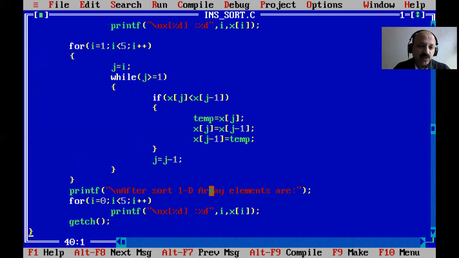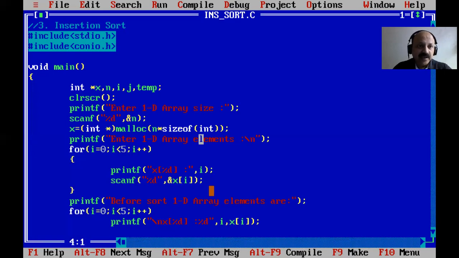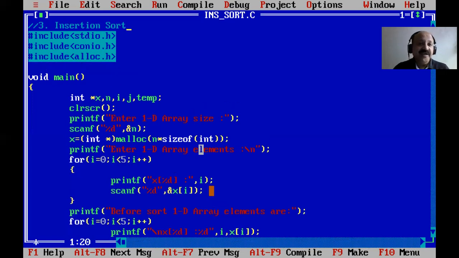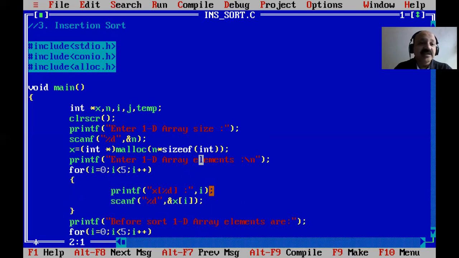Yes, after we print, we can apply the free function. So that is deallocation of memory. So pass only x, and then one header file is required, named alloc, allocation. So yes, include allocation dot h. Yes, you can look here, that is allocation and deallocation. So deallocation means releasing the memory. So that works as the free function.